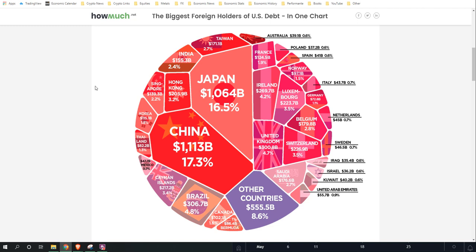But let's just quickly look at the biggest foreign holders of US debt on one chart right here. Now, if you're trying to create a trade out of this, in my opinion, it makes sense to have two different pairs or currencies that are very different. So if you have one currency that is extremely strong that a lot of people want compared to a currency